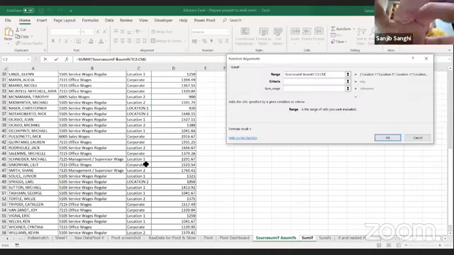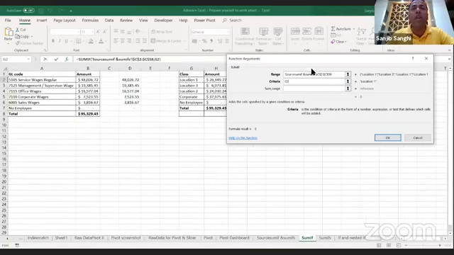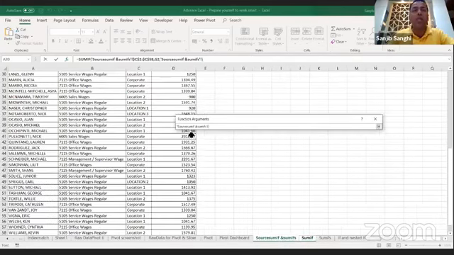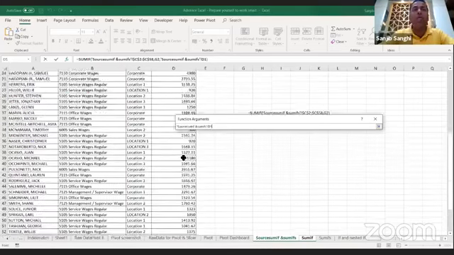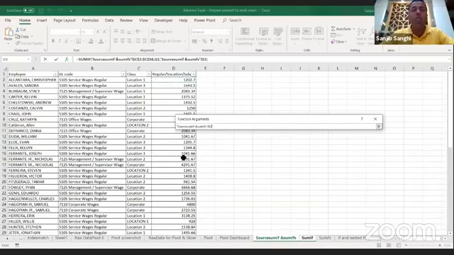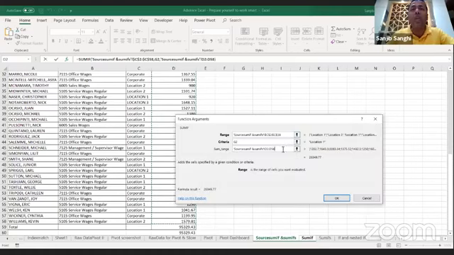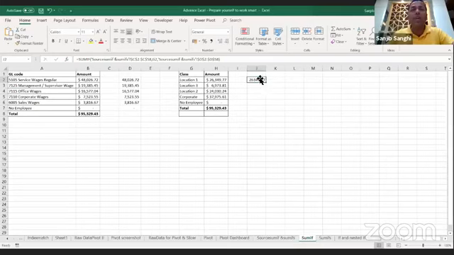Okay. Now F4 to lock this cell. My criteria is location 1, right? My criteria is location 1 and my sum range is the same as what we have just said. I'll go back into this. I'll click anywhere, Control up arrow key, one arrow down, Control Shift down, and then Shift up because I want only the data till 58. And as I said, I need to make sure that the cells which I have used in the criteria range and the sum range are one and the same. F4, okay.